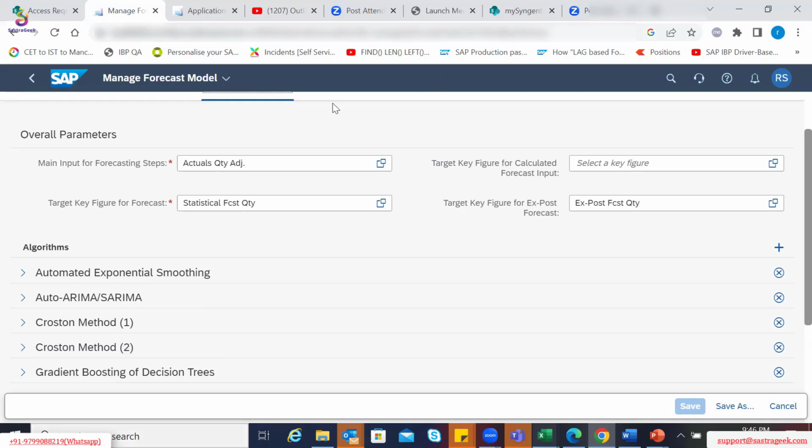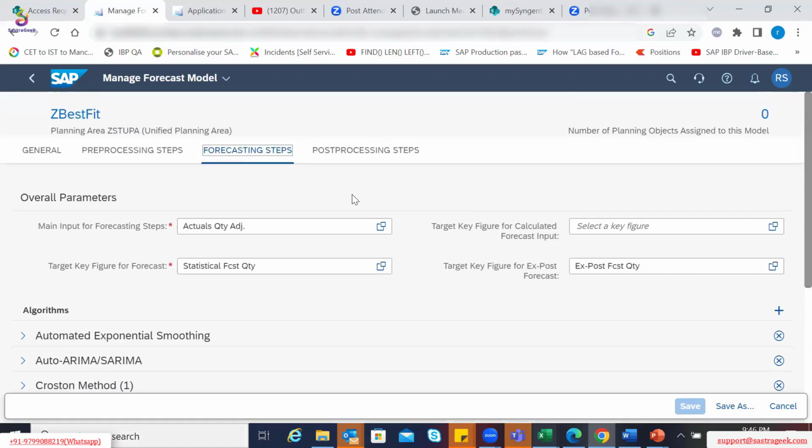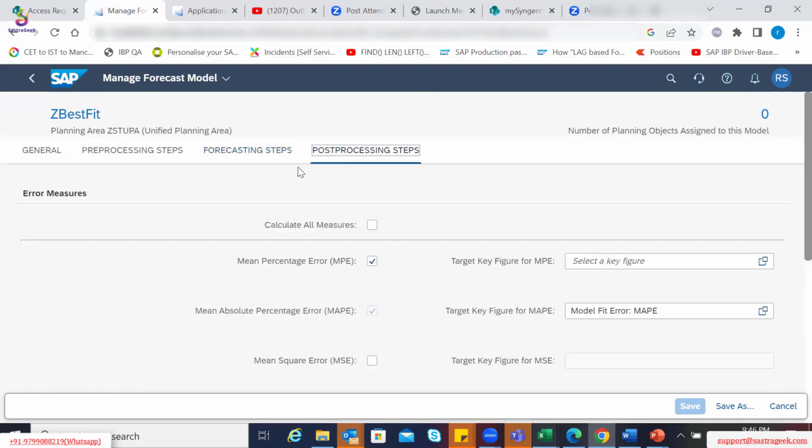Now, the next part would be post-processing. In case you want to also review the forecast errors, in which key figure the forecast error should get applied. So in this example, if you want to review the forecast error based on mean absolute percentage error,